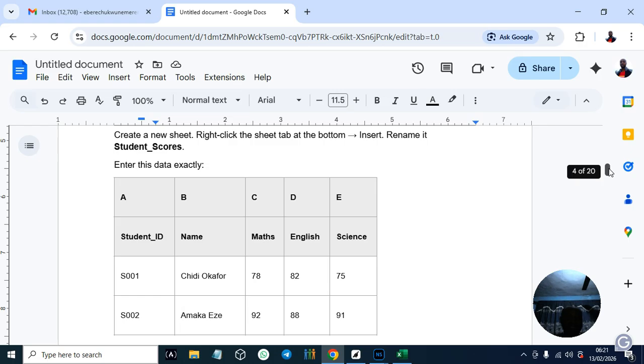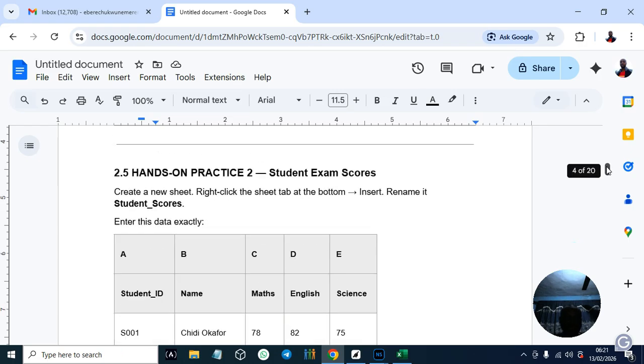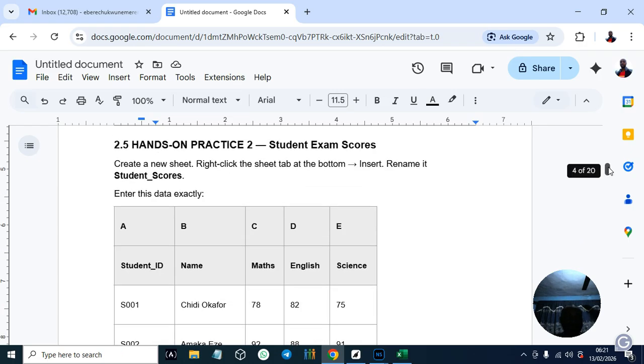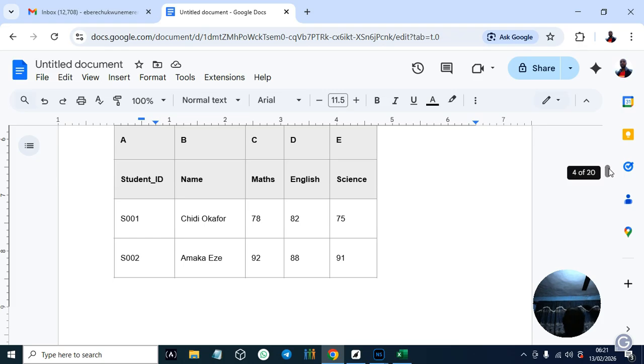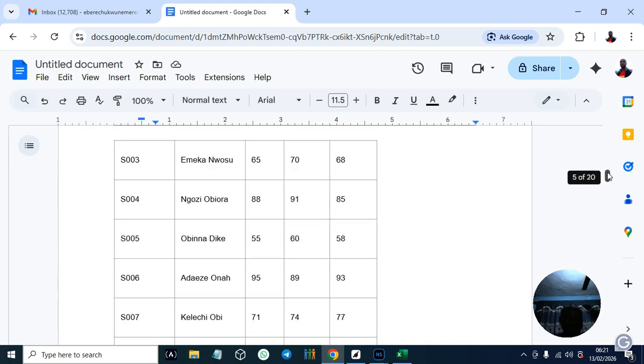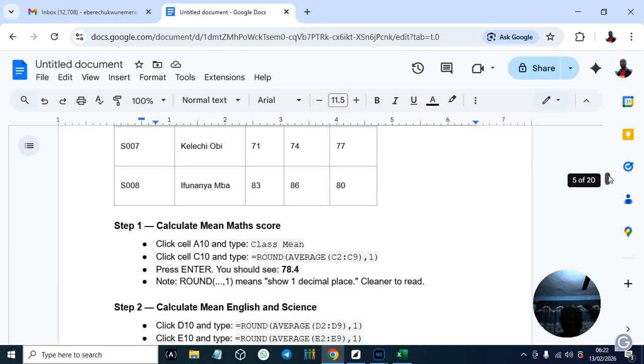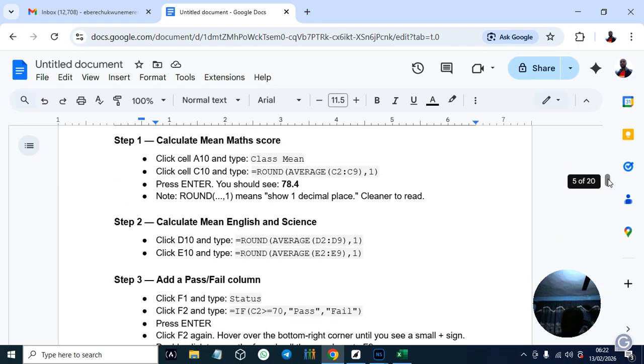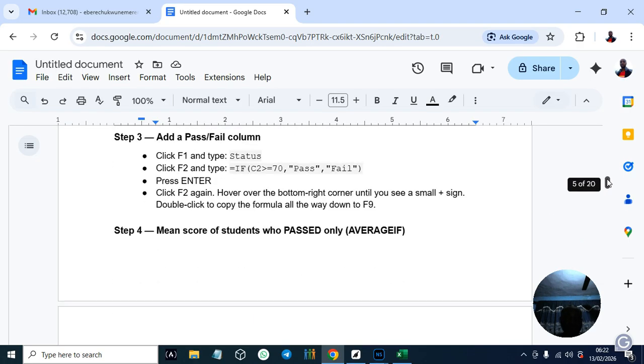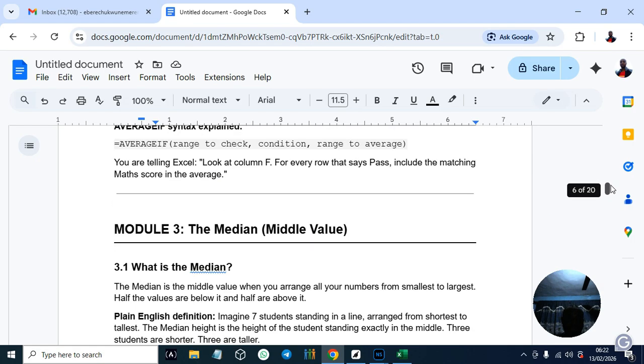So you create this table. This data set, create it in your cells. Then when you create it, you calculate the mean. The formula is already here. How to calculate it? You follow it step by step. You're not going to be doing it here because of our time.